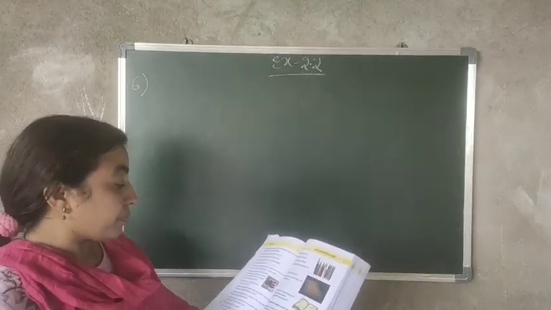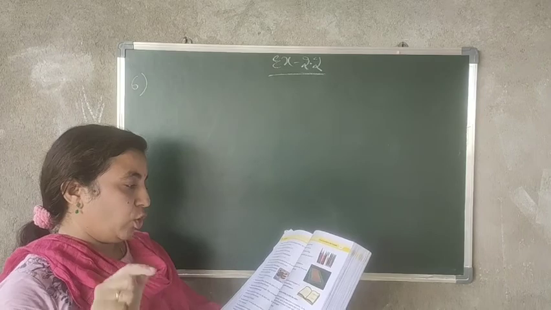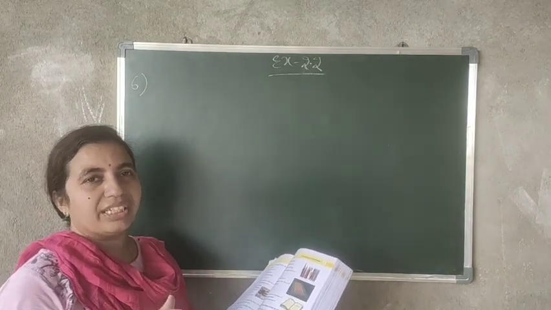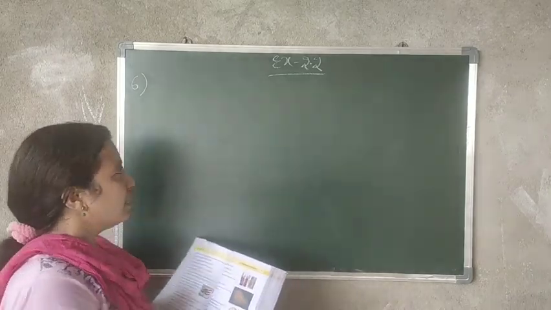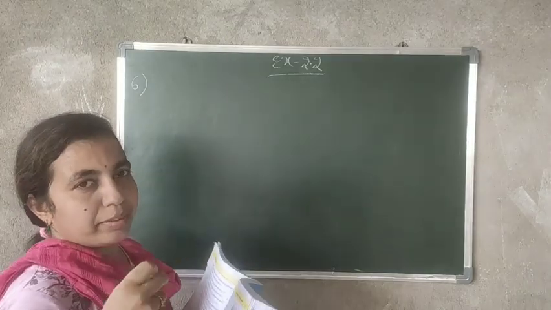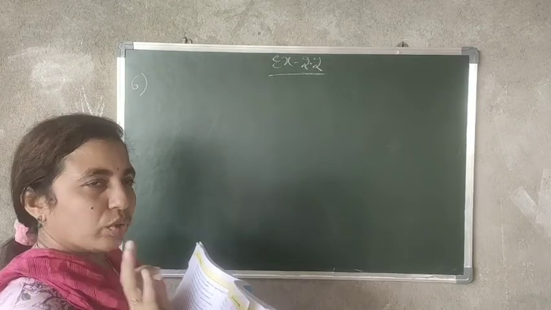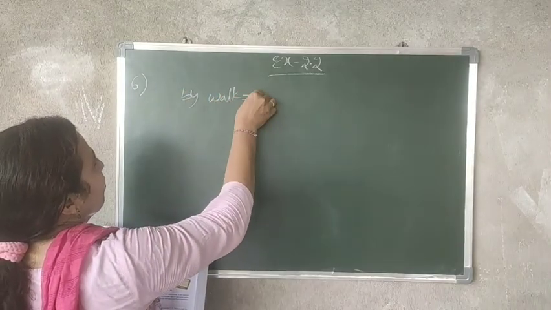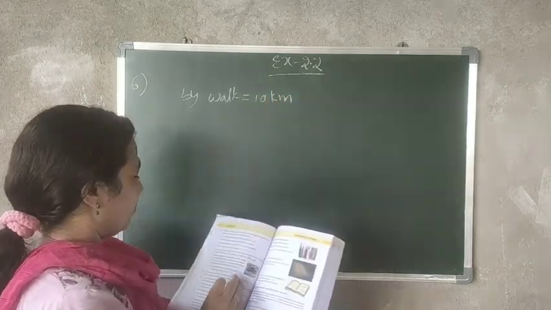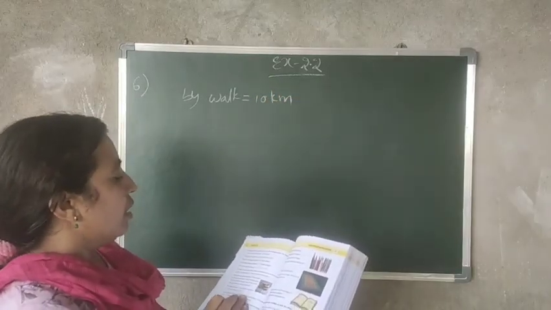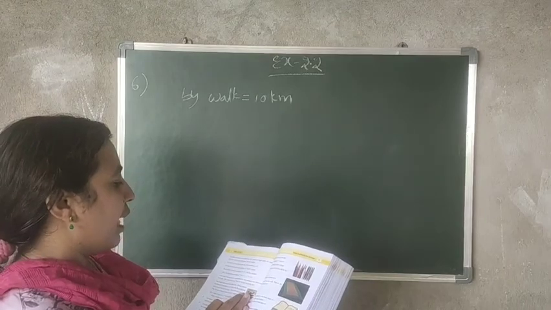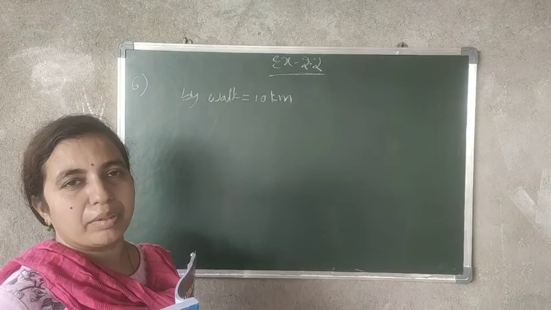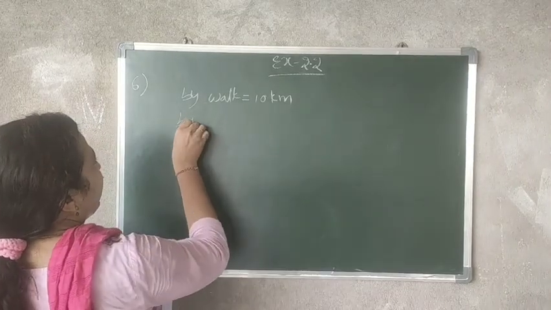Now see, a man walks 10 kilometers. How much distance is he walking? The distance covered by the man by walk is 10 kilometers. This is homework, let me just explain. So you have to do this as homework. By walk, 10 kilometers. Then travels a certain distance by train and then by bus as far as twice by the train. We don't know how much distance is travelled by train.